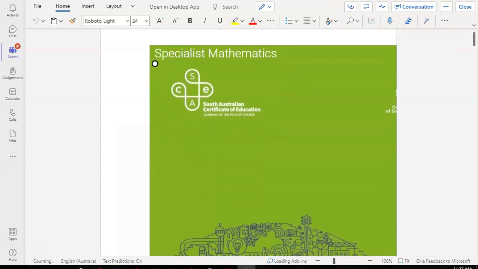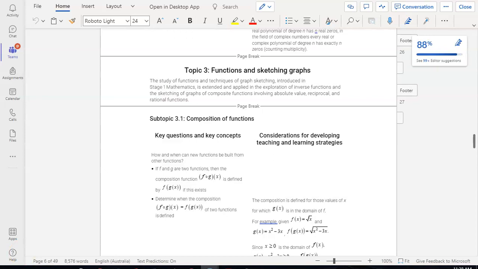So I'm just about to scroll, but I'm pausing the video because you don't want to see me scrolling. So I just scrolled down a little bit. You can see we're on page whatever. This is what SACE have written. The stuff on the left-hand side is really the things that can be assessed. That means they can be in your tests or should be in your tests. We can't cover every single thing, and it's the same with the exam. The stuff on the right-hand side is just some considerations, some suggestions, some of the levels that you are doing.